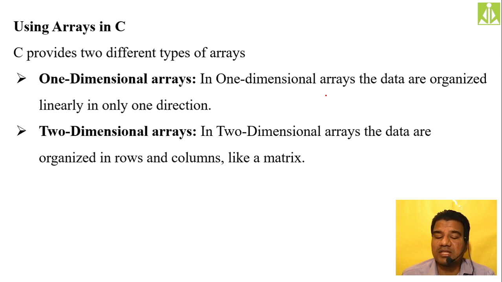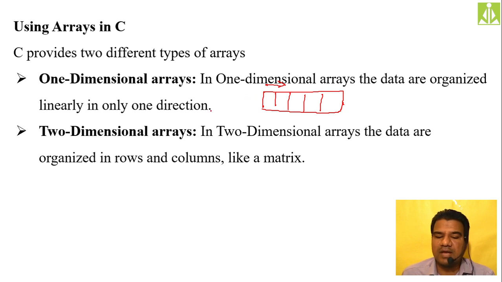In a one-dimensional array, the data are organized linearly in only one dimension, like a row. We maintain the complete data like a row only. So like this, this is your one-dimensional array. Like this, we declare, define and initialize the array. How many elements do I have over here? 5 elements in my array. It is only one dimension. In rows only, we specify all my data elements.